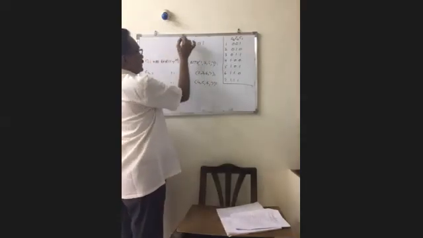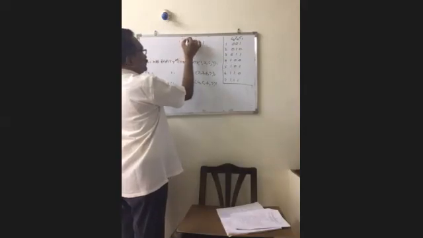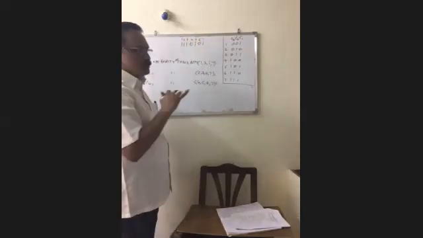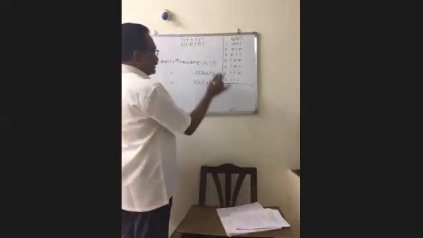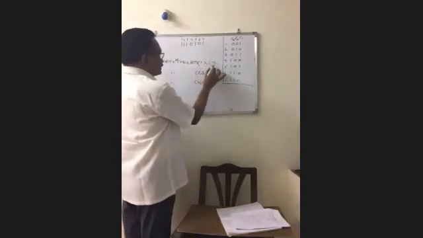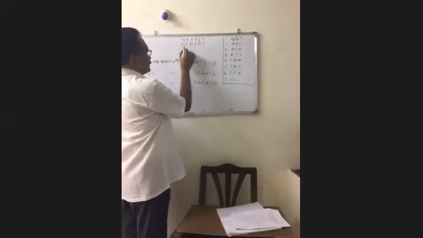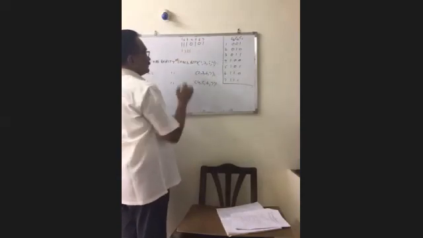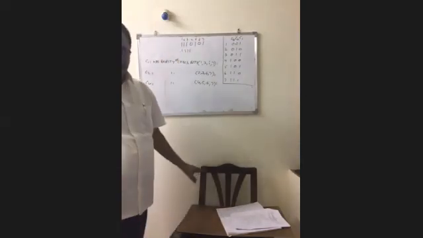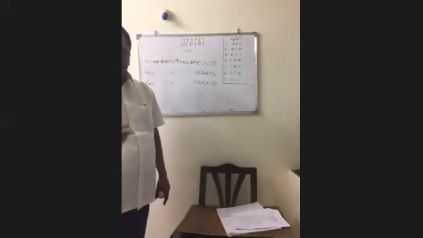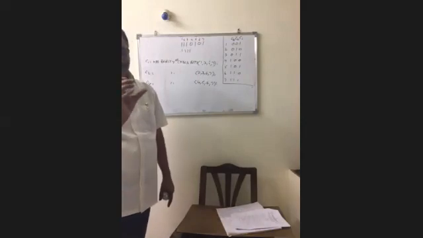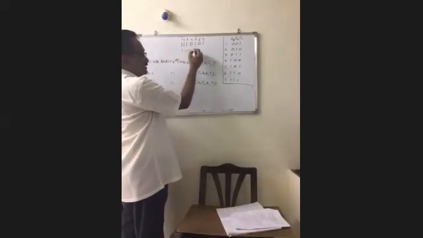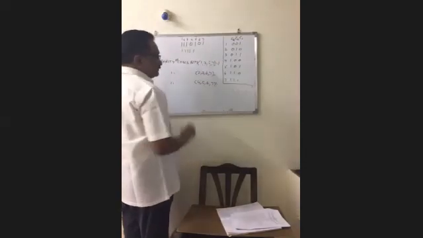So these are the bit positions 1, 2, 3, 4, 5, 6, 7. Say for C1, positions 1, 3, 5, 7. What is the 1? 1. What is the 3? 1. What is the 5? 1. What is the 7? 1. What is the odd parity of those bits? Odd parity means including the parity bit, the total number of ones must be an odd number. Here there are 4 ones, an even number, so the odd parity bit is 1.